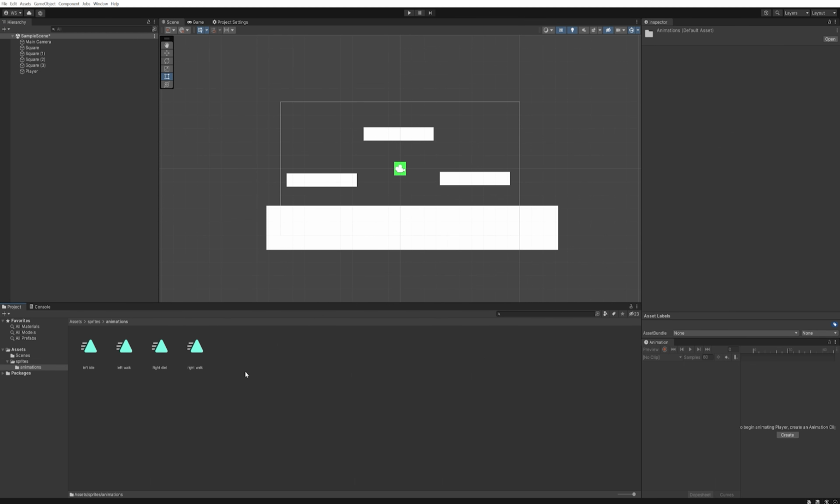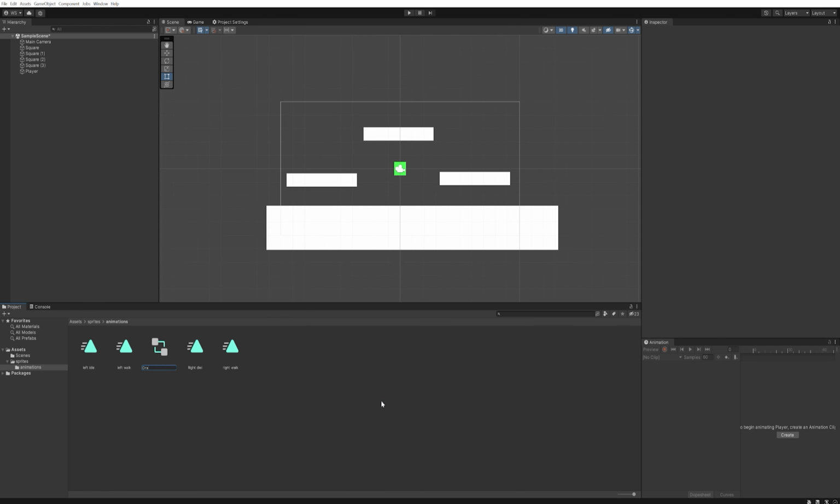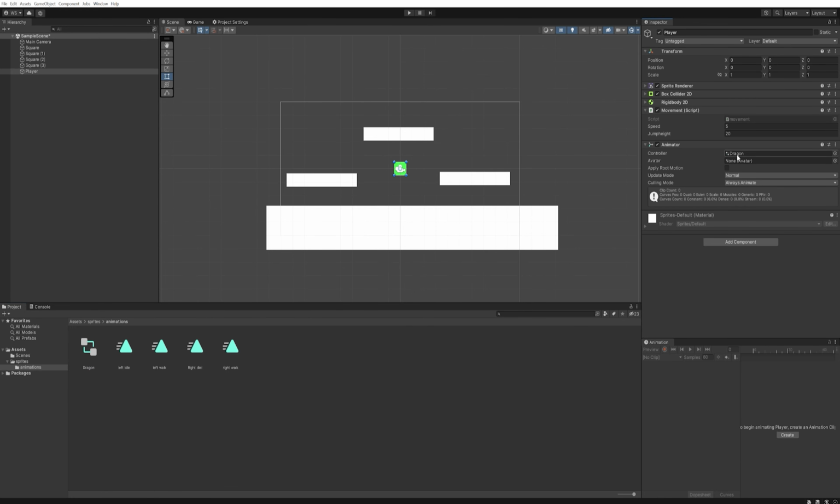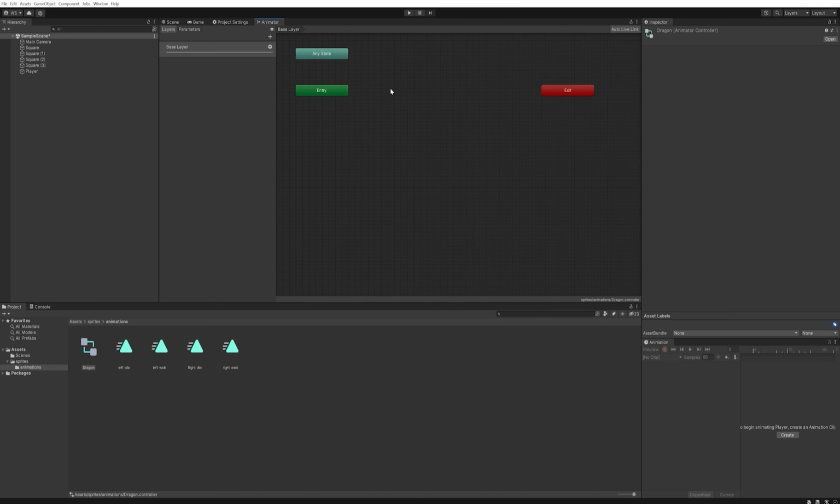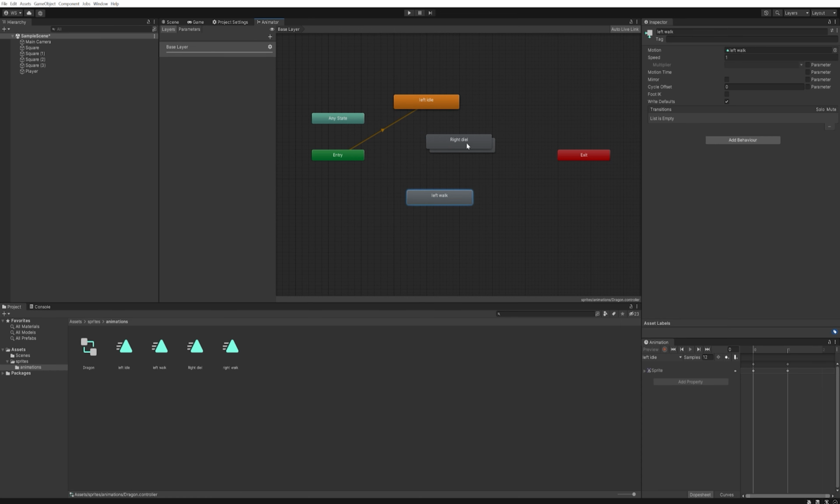So in our animations here, let's right click and create an animator controller and just call it dragon. It's definitely not a Yoshi. Drag that over in here, and now we have this controller set here. So if we double click this, we'll get a new window open here, which gives us a state machine where we can drag in our animations as animation states. So we've got left idle, right